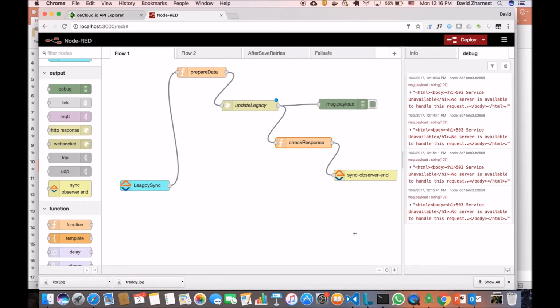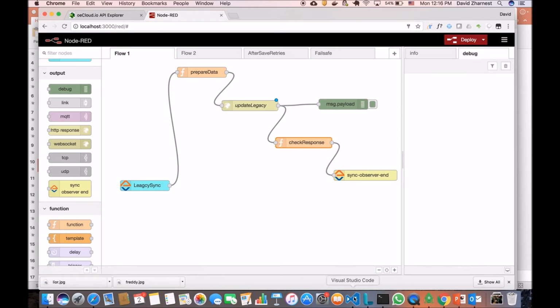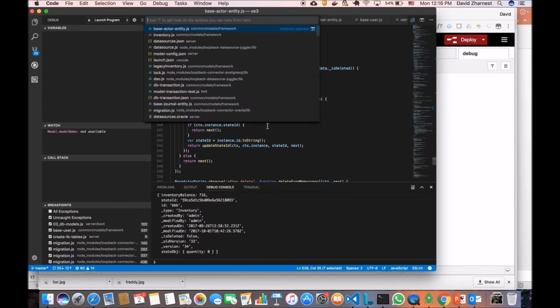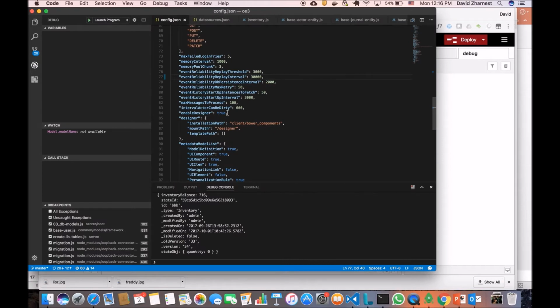Now, by the way, while this is happening, I'll show you the configuration of how often and how quickly these retries occur. It's all configurable within oecloud, so I've still got a service down. Let's erase them for now and we'll wait for another one. But I'll show you in the interim, in the code itself, in the config of the server, that there are a bunch of